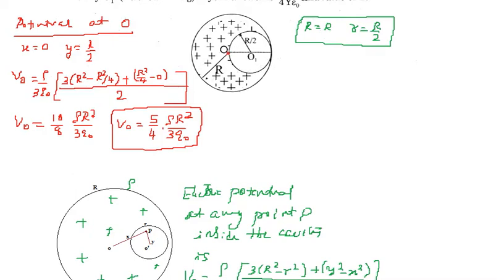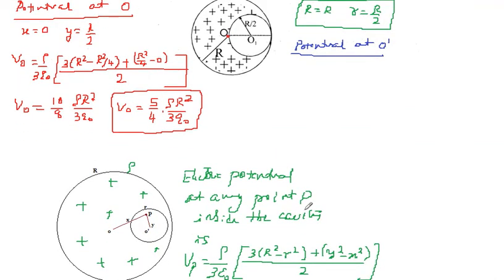Now I find the potential at O dash. Okay, so potential at O dash. For this situation, again I have to rewrite this equation. Okay, this equation made for this situation, right? So what I have to think about is, I already have the replacements for capital R and small r. Don't do anything for this, just think over x and y. Okay, what I have to do for this x?